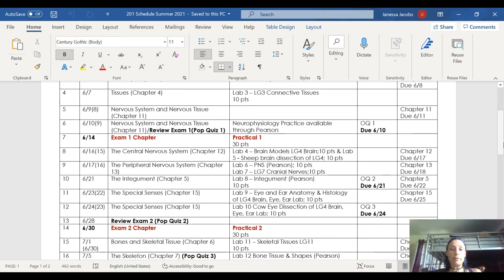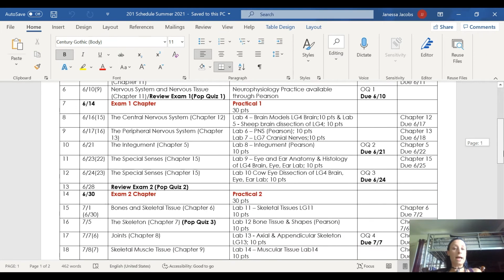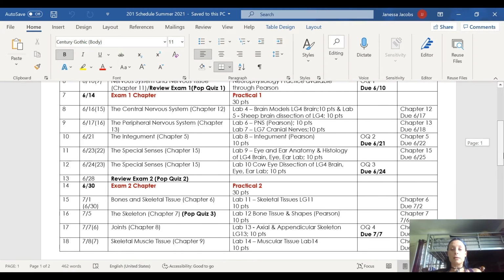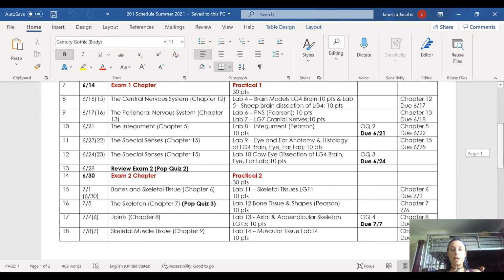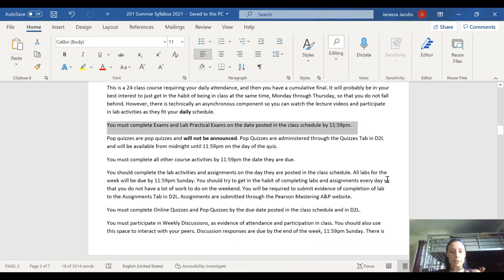Why? Because you have 24 hours in a day, and you can use any of those 24 hours to take your exam. Again, this is not a self-paced class, so it just can't be. There's too much information and not a whole lot of time. So anything in bold on your schedule is something that has to be completed on that date. So there's not a whole lot of flexibility as far as that goes.